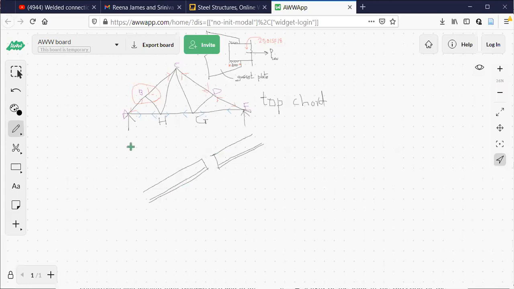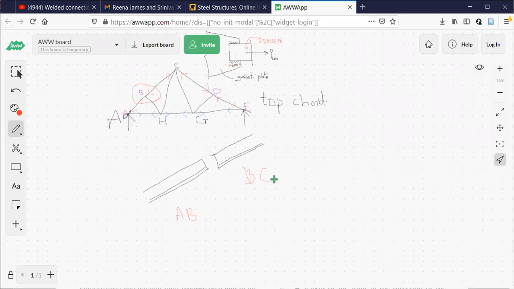This is AB. I'll write it again here. Where is A? A is here. AB is this one, this side. Now observe this. This side it is AB. This side it is BC.